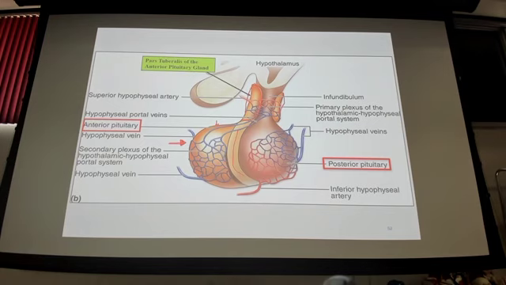And it's not an insult to anybody's intelligence, but literally, clinically, it doesn't matter. All right? That's where we need you to be. The hypothalamus makes these hormones that go down the axon terminals to the posterior pituitary to sit there until they're needed. And those two hormones are oxytocin and ADH. Is that fair for everybody?